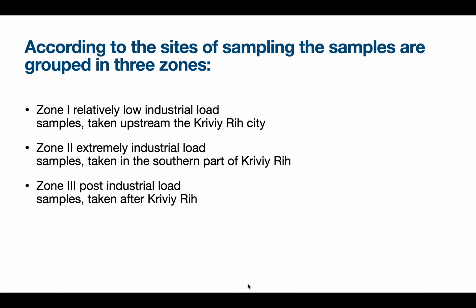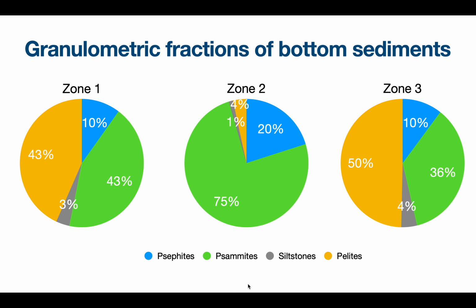Zone first, relatively low industrial load. Zone second, extremely high industrial load. Zone third, post-industrial load. Such a division is justified because receipt of additional sedimentary material of industrial origin occurs within the Kryvyi Rih city. It is approved by results of granulometric analysis, specific density, and magnetometry. Psephites and pellets have almost equal parts in bottom sediments from zone first and zone third. In zone second, pellets have a little part, only